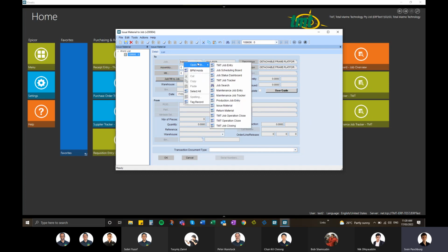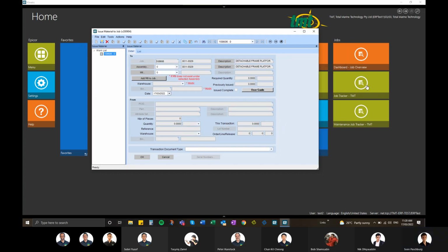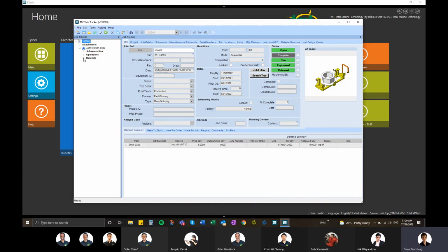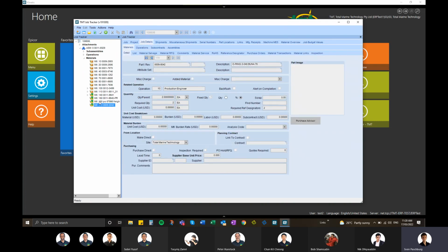So if I open up this job in job tracker here, right mouse click, open with job tracker. The test system is a lot slower than the live system, so don't worry too much about that. If I go to materials, 170, that was our material. Now there's a nice green tick on it, and we show that there was 2, and we've issued 2 to